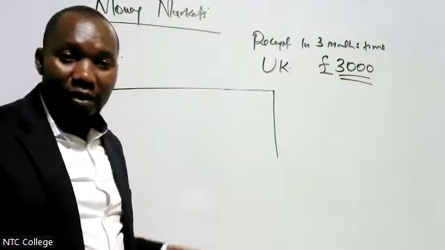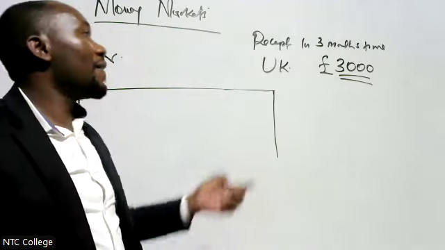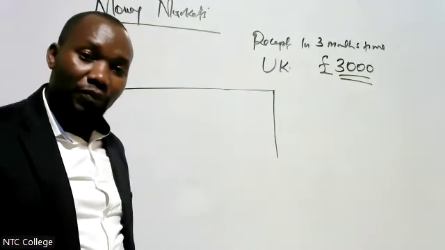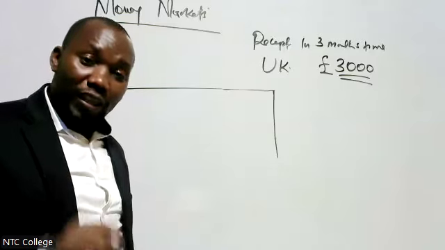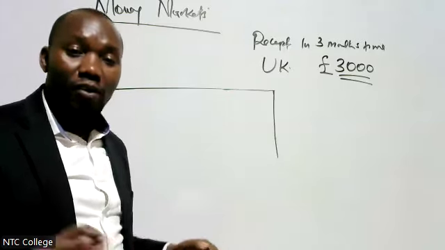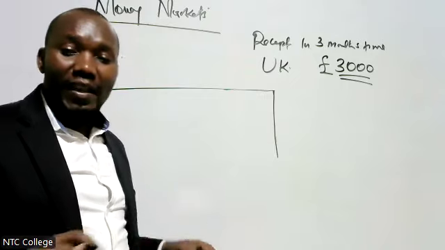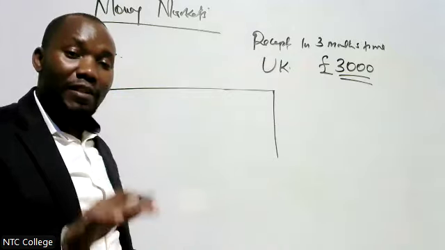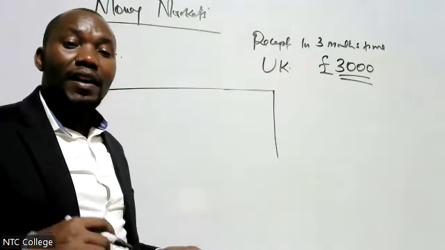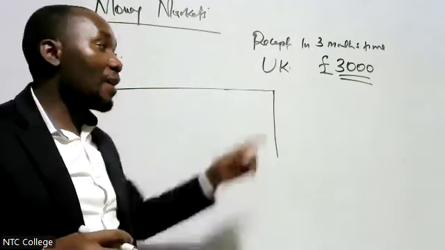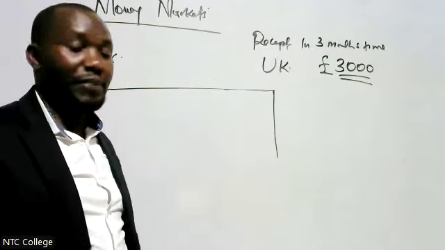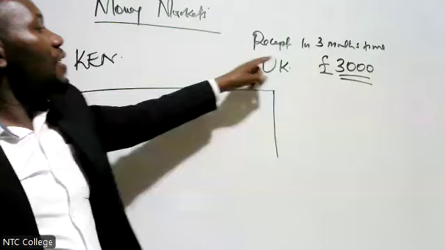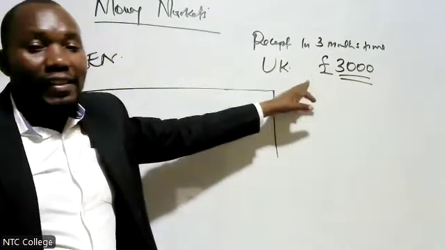Tumeelewana sahi, tumemaliza biashara. Chenye imebaki ni kulipa. But this guy is telling me he can only pay me in 3 months time. And I'm fearing that the rates might change. So what I'll do, the rates right now, as we are talking, I'm okay with it. It is certain. I'm sure of it. So it is not risk. But in 3 months time, it will be risk because I don't know what it will be. So I'm risking if you're going to pay me in 3 months time. But right now, I'm not risking because I'm only giving you the service that is equivalent to this amount with the current prevailing rate. So what happens is that because I'm expecting to get 3, this one is a receipt,